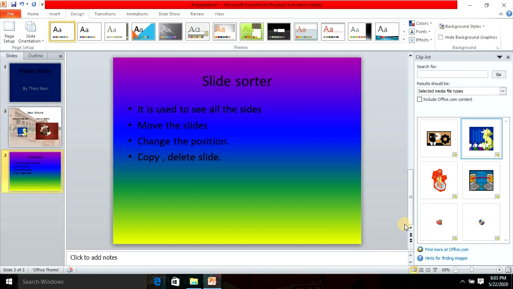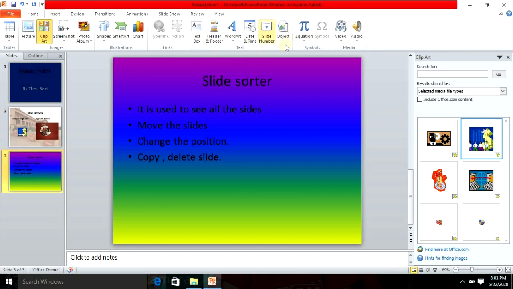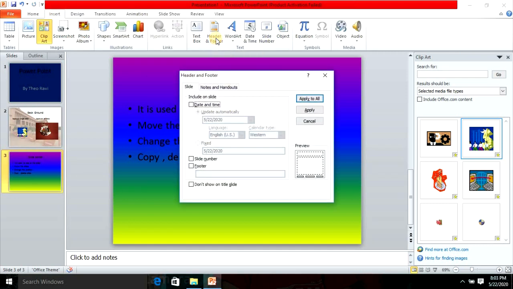I have told you how to insert a background, how to insert a picture from a file, how to insert a clip art. Now the next topic I'm going to tell you is header and footer. For that you have to go to insert tab. Under insert tab there is header and footer. So I want date and time.